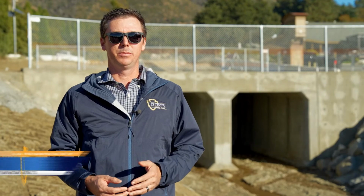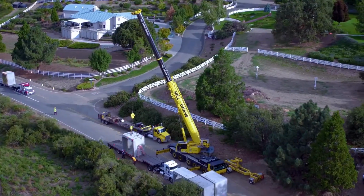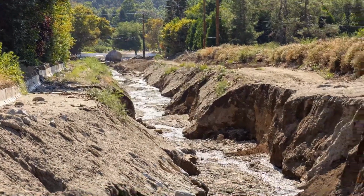Today we are at the newly completed Birch Creek Bridge in Oak Glen. This project demonstrates the county commitment to disaster preparedness and disaster response. When Tropical Storm Hillary came through, it completely inundated this creek and destroyed the bridge. The prior bridge crossing was a smaller 12x6 box culvert, which was heavily damaged by large boulders that came down